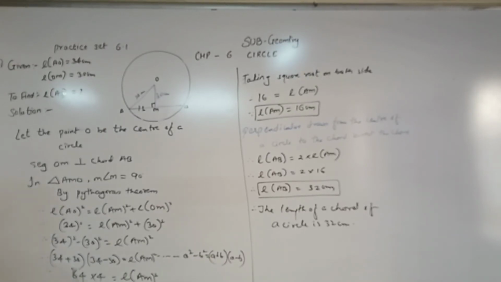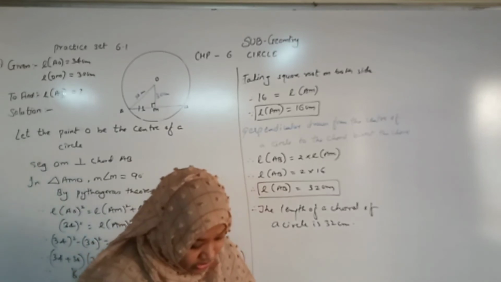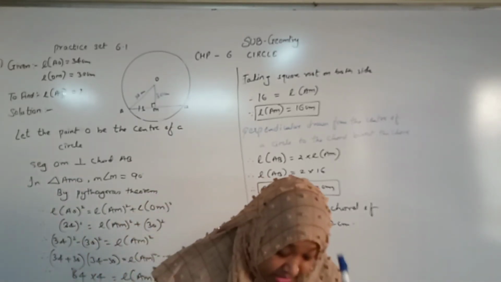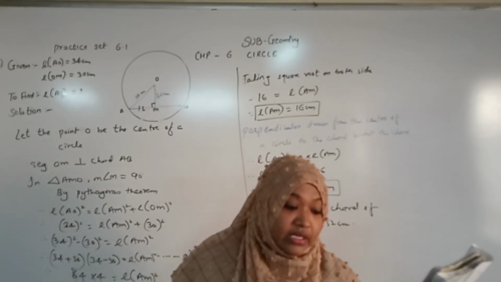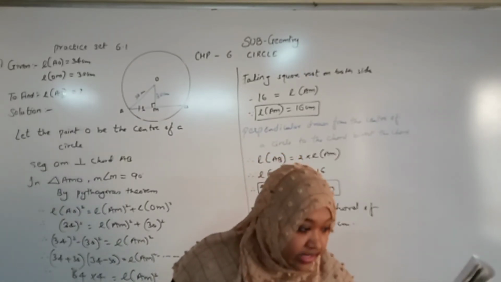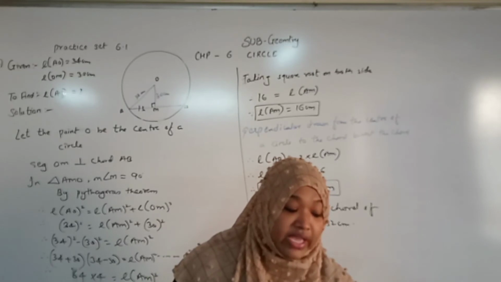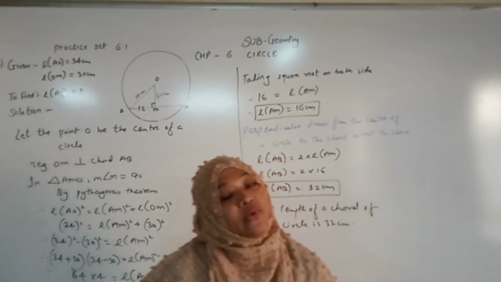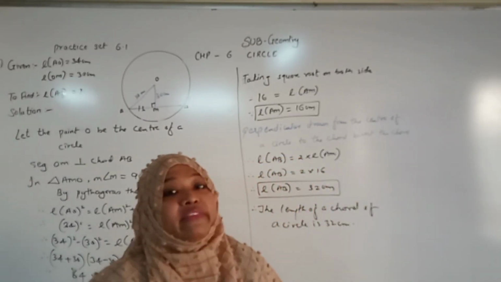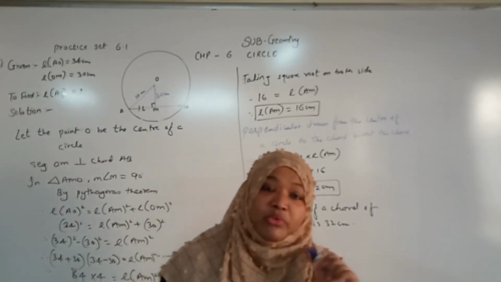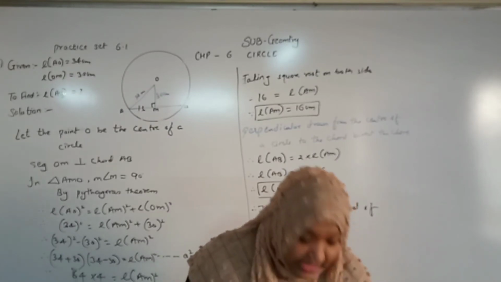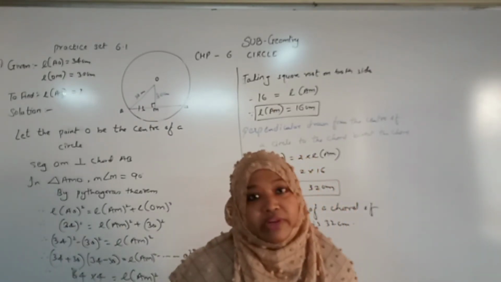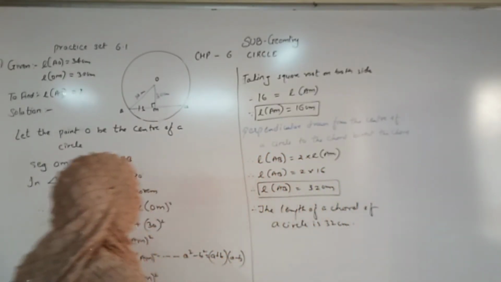Then now my dear student, question number 4. Radius of circle is given, O is the center, radius दिया 41 unit and chord दिया हुआ 80 units. Find the distance. So we already found this in question number 2. So same you have to find, but centimeter we will not write, we will write unit. So question number 4 you can do on your own. Now I will explain question number 5. The last question, question number 6, is omitted from the syllabus. So we will go for question number 5.